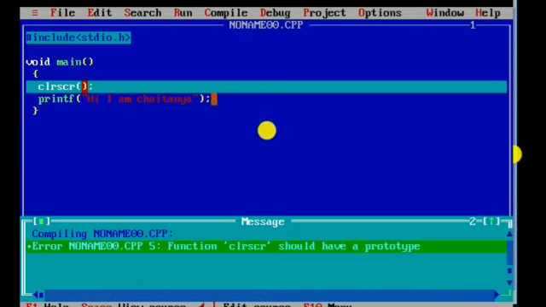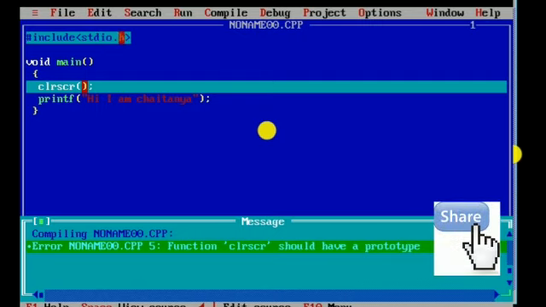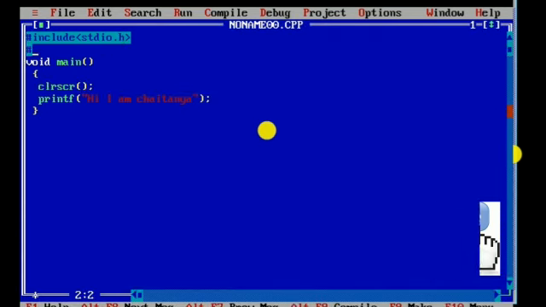So now I add that header file to our program: #include <conio.h>, after stdio.h.